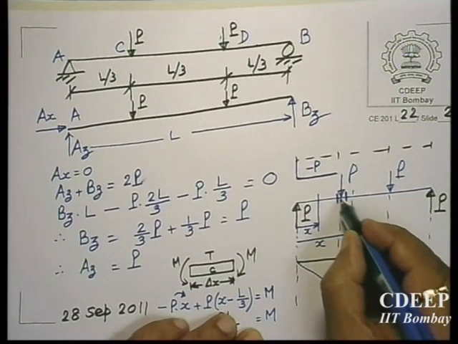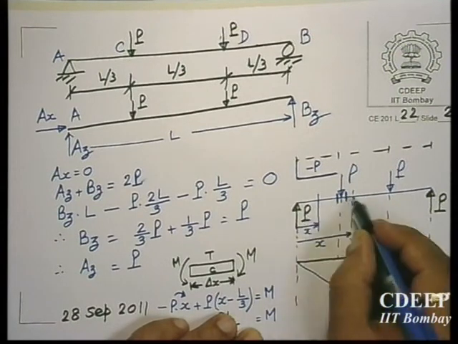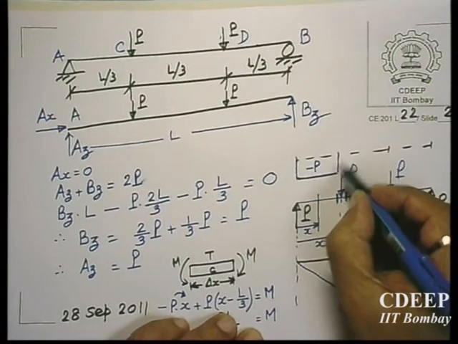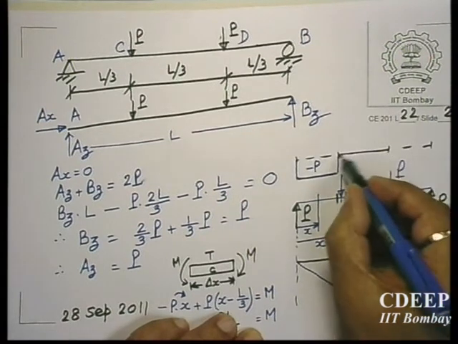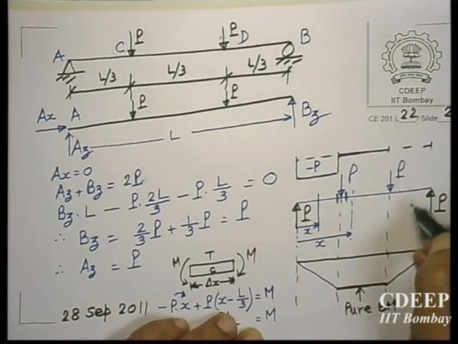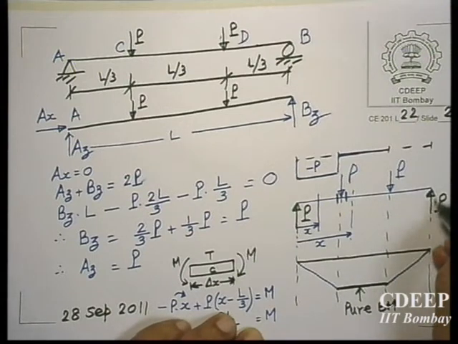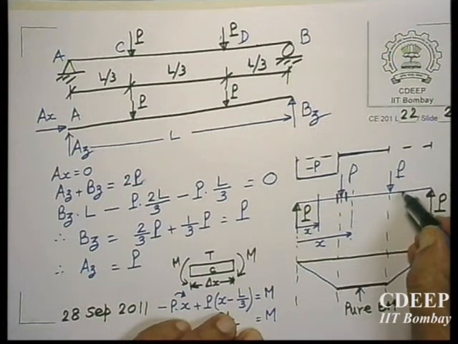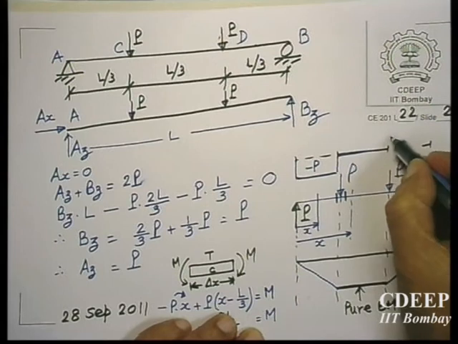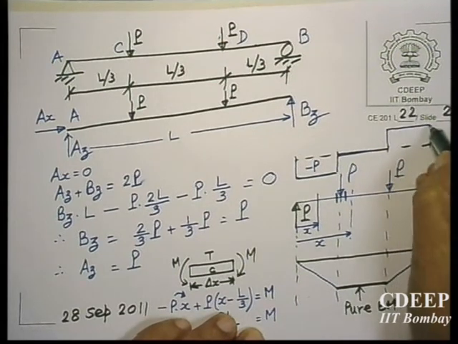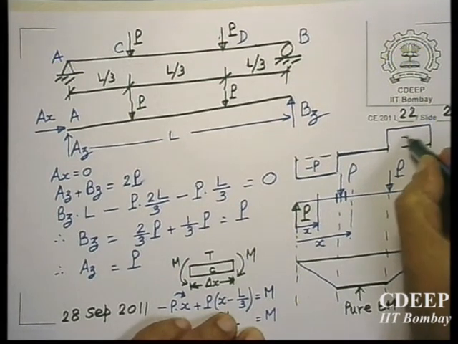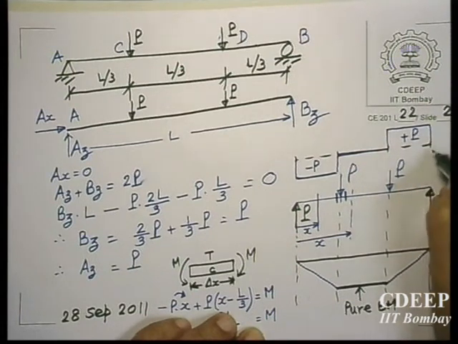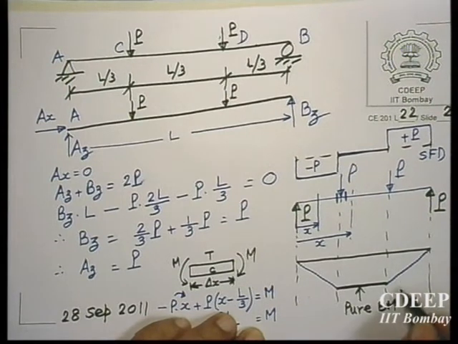And the moment we cross this P, it will be P minus P, so it will become 0. So in this portion it is 0, and again here the shear force is positive, because if you come here you will get a negative P, and here it will be upward, so this will be positive P. So this is our shear force diagram,